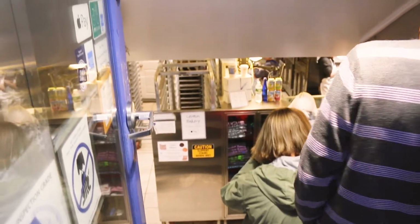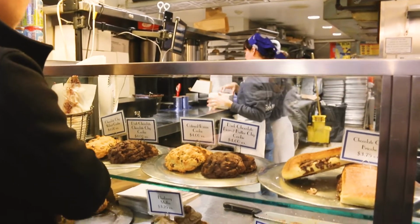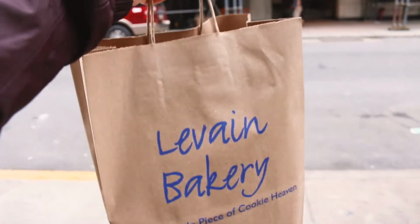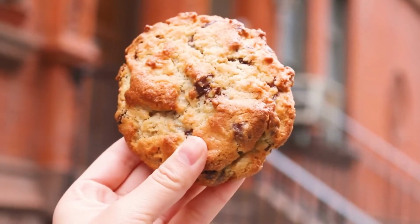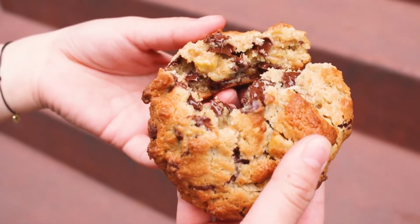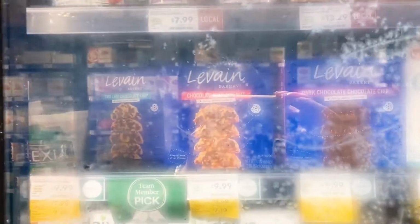I went to Levain Bakery a few years back and tried out my first chocolate chip and walnut cookie from their shop. It was ooey gooey, crispy and warm, and honestly ever since I've been seeking to recreate this cookie. There are a ton of different recipes out there online for copycat Levain cookies,